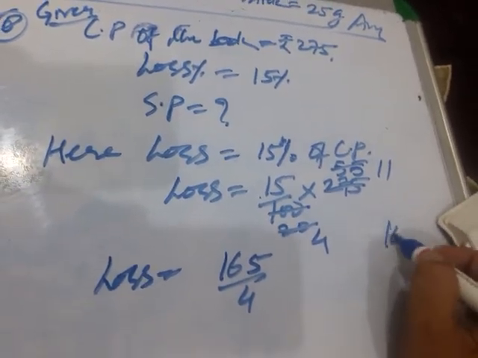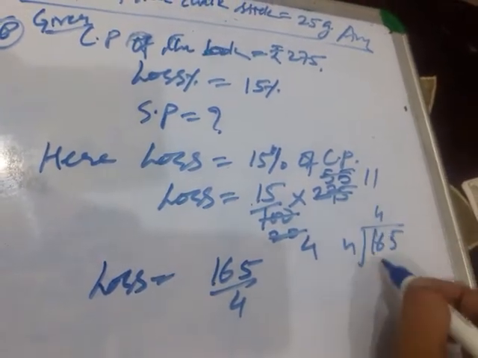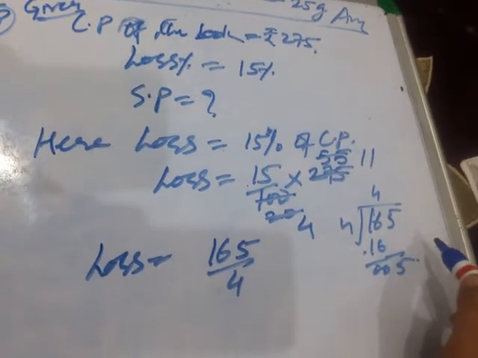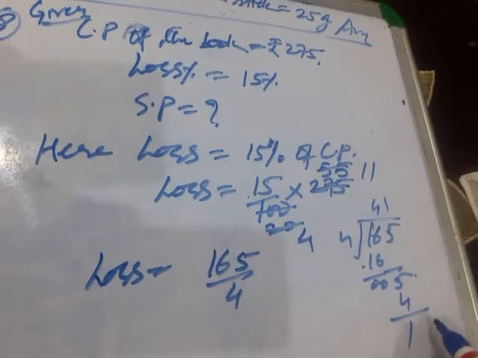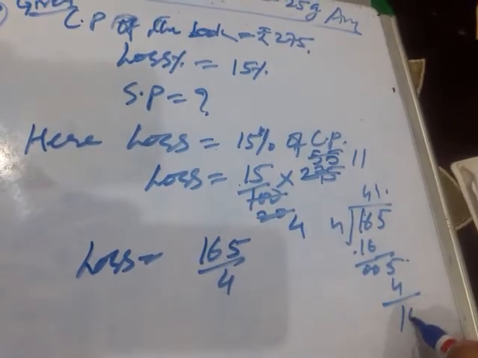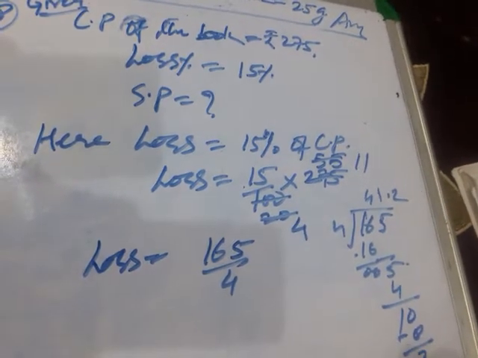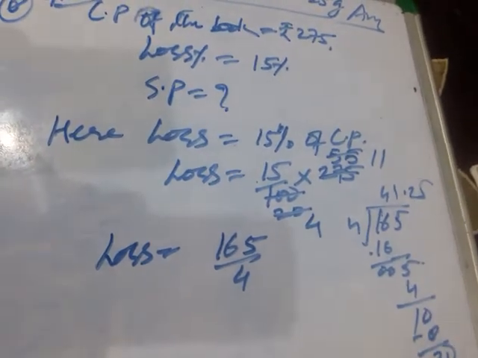You can divide it. 165 upon 4, that is 4 4 ja 16. Clear? This is 0 0, 5 is carried down, 4 1 ja 4, and it is 1. And what is this? This is 40. Then 2 will be carried down here, that is 4 2 ja 8 will be there. Clear? Then 2 will be the remainder. Then what will that be? Then this 4 5 ja means 41.25.